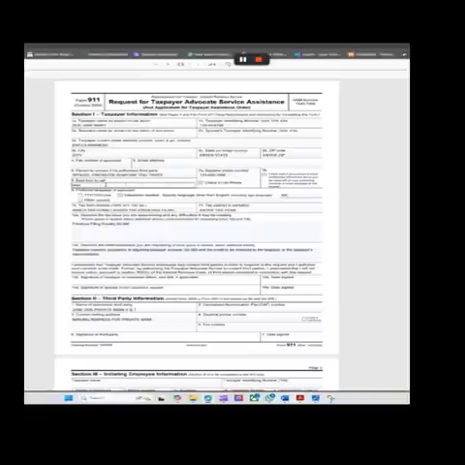Daytime phone number, best time to call. Check here if you consent to have confidential information about your tax issues left on your answering machine or voice message. So if they call you and you miss it, or if you're like me, I don't answer calls. If you're not saved in my log, I'm not answering that. I don't waste my time. If you're like me, you don't answer numbers you can't identify. Then if they decide to leave a message, they will leave details of that message on your voicemail. If you do not want them to do that, uncheck box 7B.